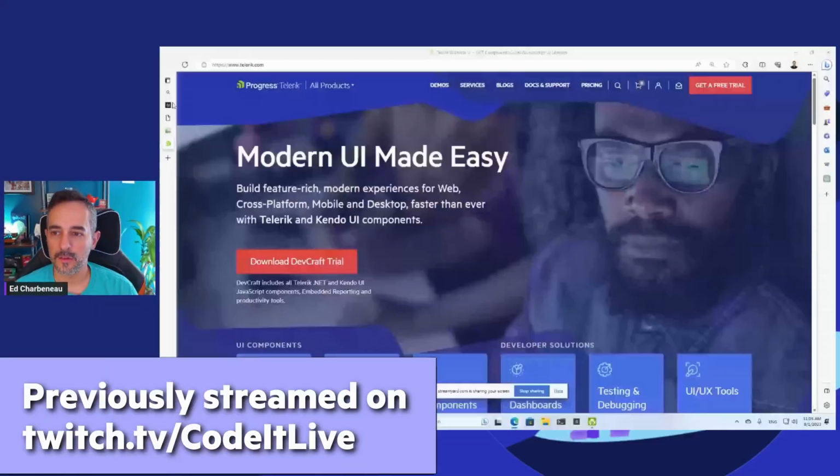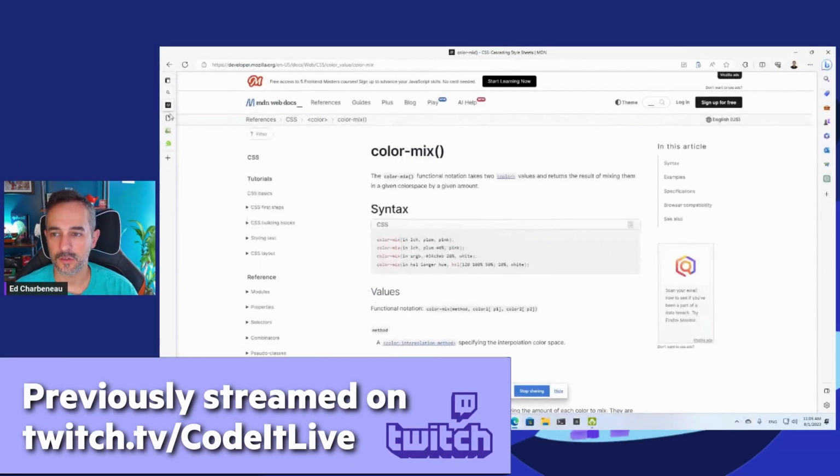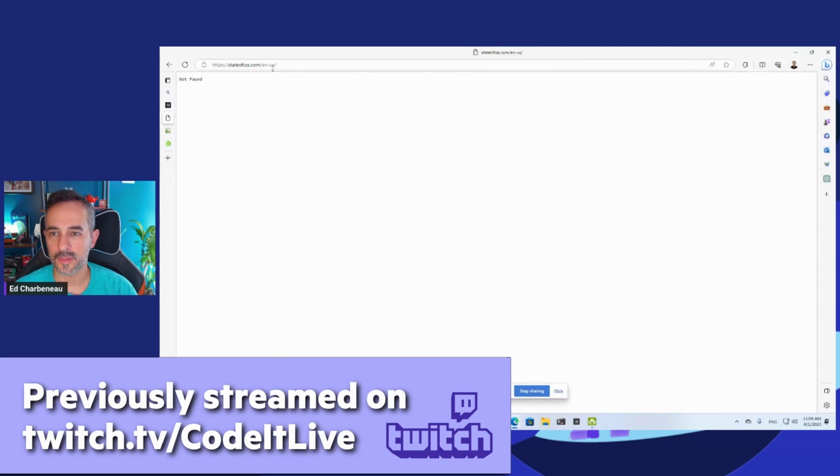There's a new feature with CSS that I've been waiting for, and it's finally getting wide adoption across browsers. So where do we find out about all these new features? How do I stay on top of this stuff? Well,